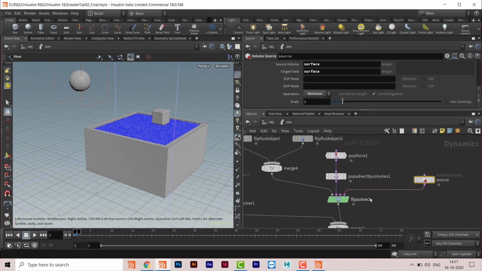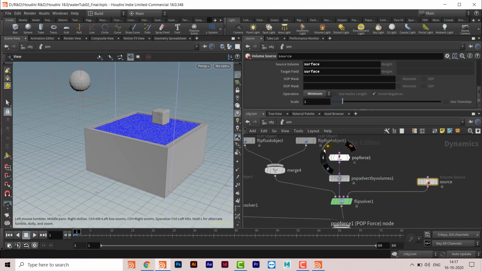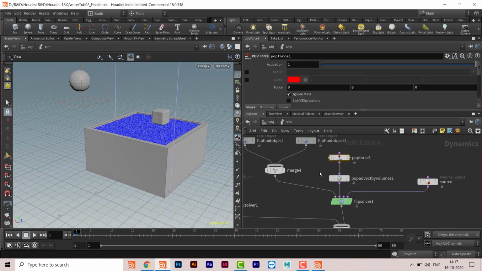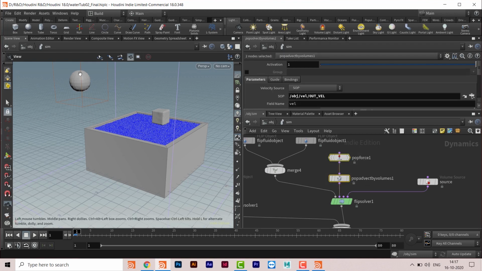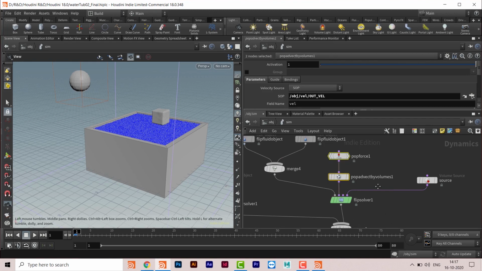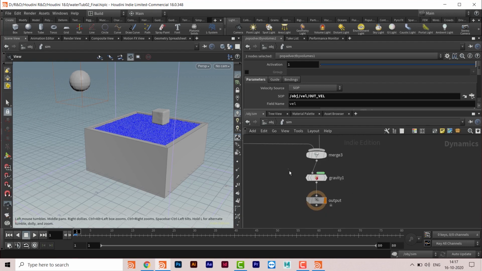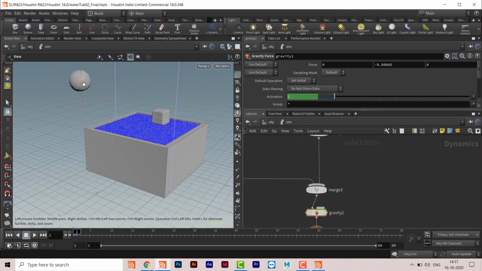One more thing I have taken, and that was the pop force, like I have taken this value for this source. Why? Because if I don't take this part, this is just going to emit, and then the water will be going down, because I have applied gravitational force here. So water will go down.